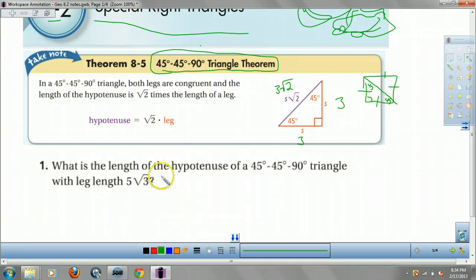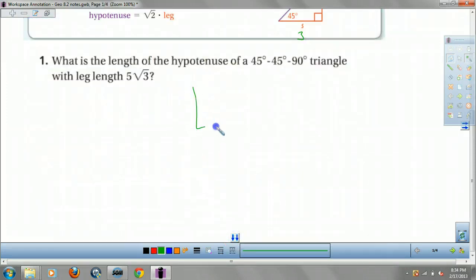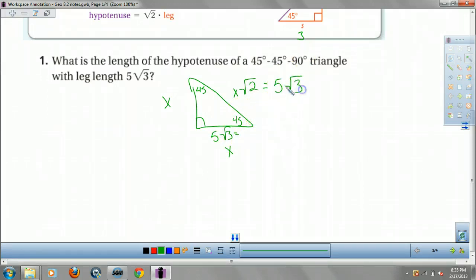Let's take a look at this beast. What's the length of the hypotenuse with each leg being 5 root 3? So we draw our 45-45-90 triangle. It's 5 root 3. I know if this is x, then this is x, and this is x root 2. Well, I know 5 square root 3 is my x, so I change this into 5 square root 3 times square root 2,